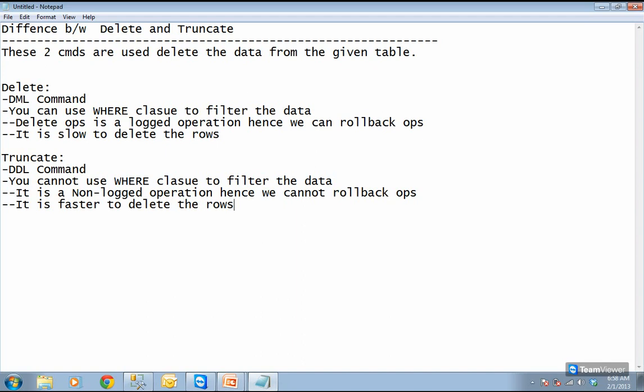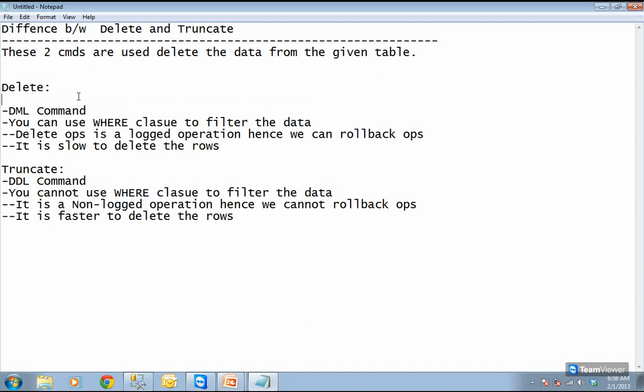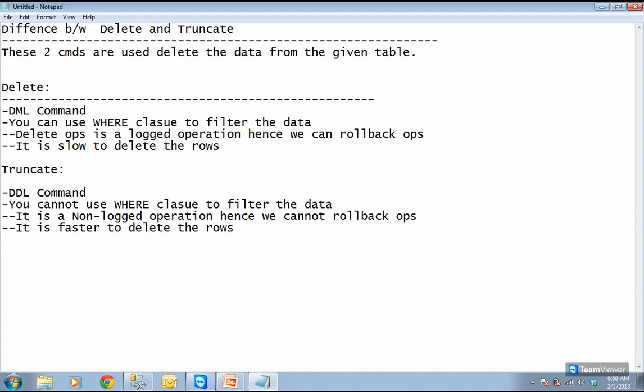So that is another difference we have to speak about. The delete command is definitely a slower operation, whereas the truncate command is definitely a faster operation for you. Okay, then one more thing.